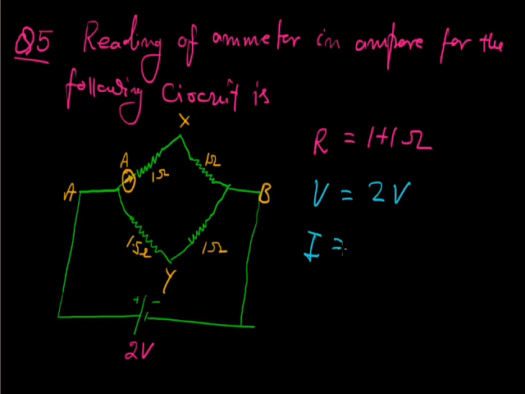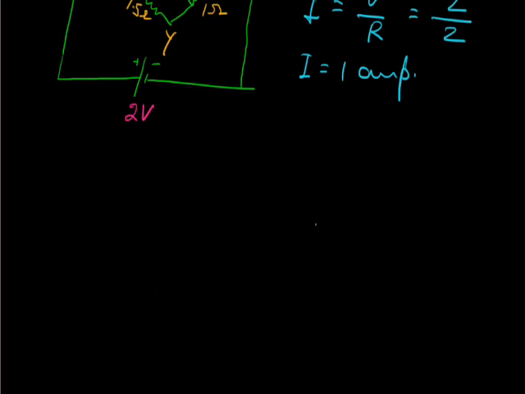So current in this branch will be 1 ampere. The next numerical: the reading of voltmeter in the given circuit will be